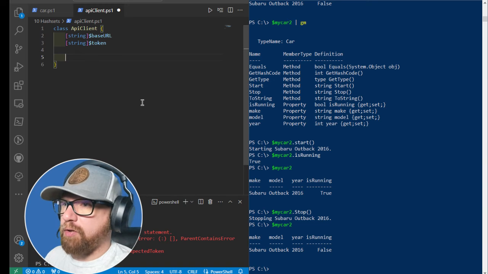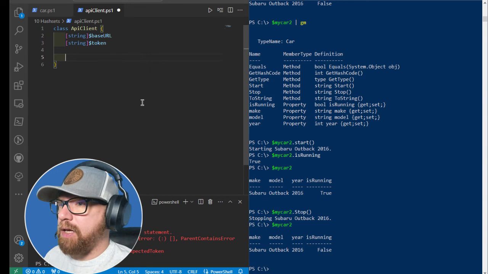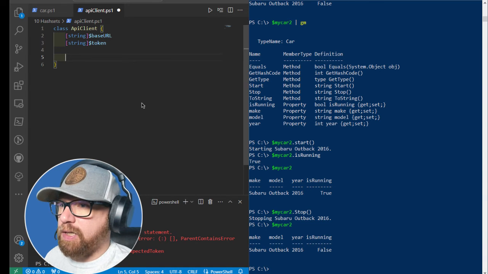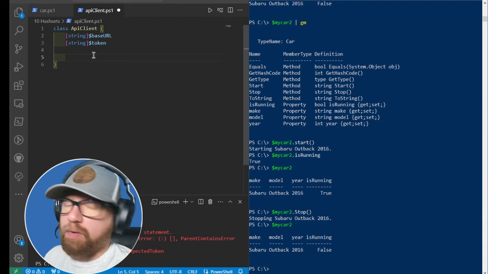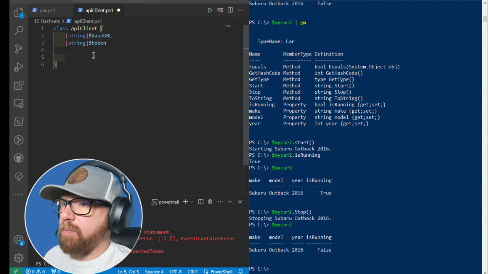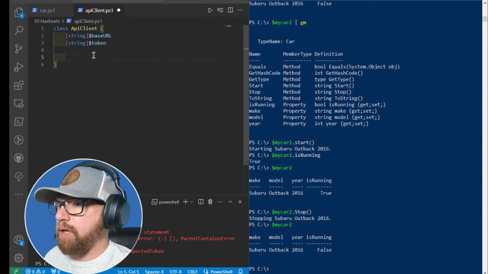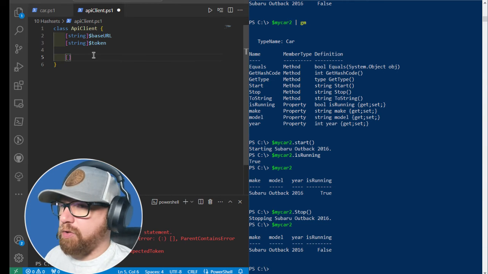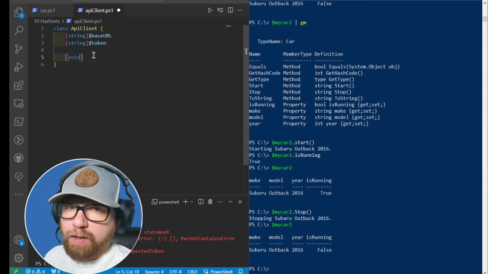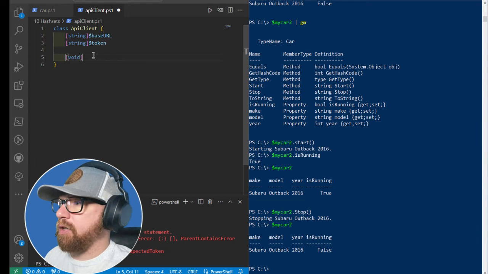I'll just set it to string right now. And then basically what you can do is, let's see here. Again, if you're building headers, you can say make headers. If you want to authenticate, you could do that. So basically what we could do is make it void, so it won't return anything. You can call it like